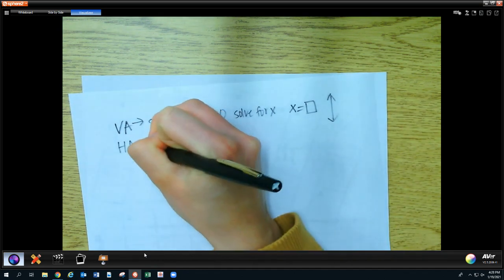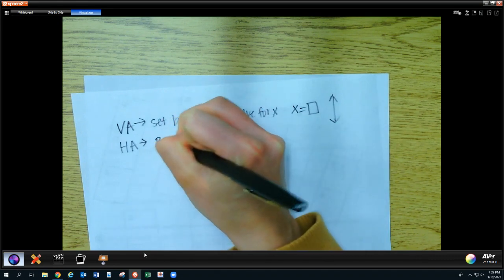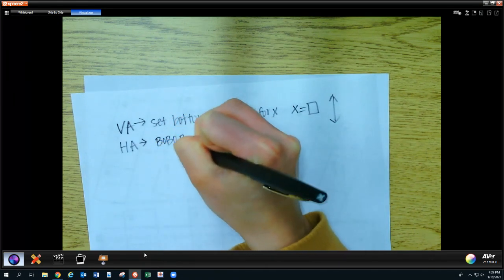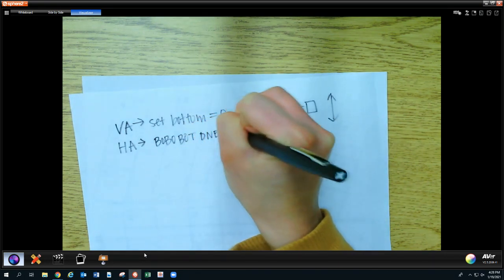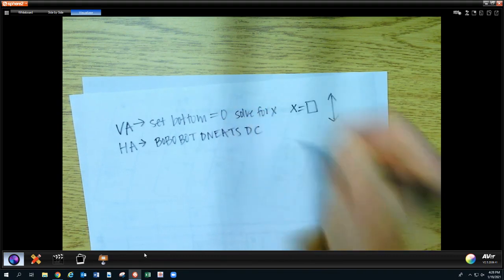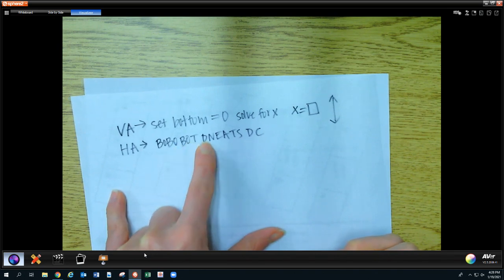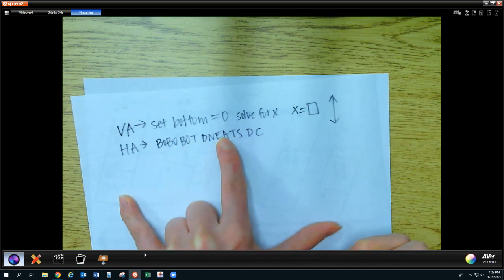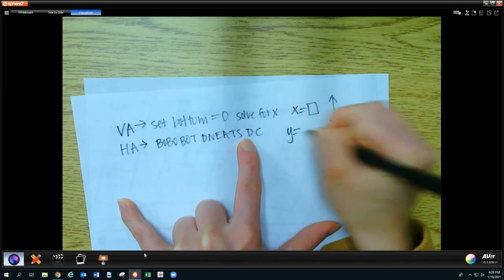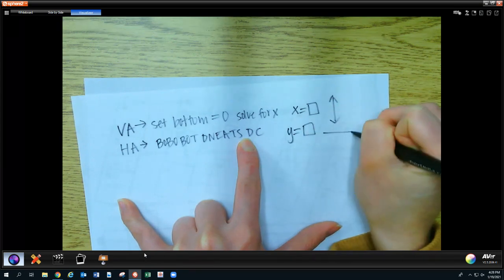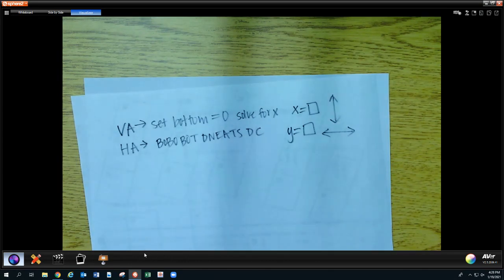For the horizontal asymptote, remember that's the HA, the funny acronym, BOBO BOTN, DC. Bigger on bottom, y equals 0. Bigger on top, it does not exist. All the same, divide coefficients. Because these are horizontal lines, they all have y equals equations if they exist. For the intercepts,